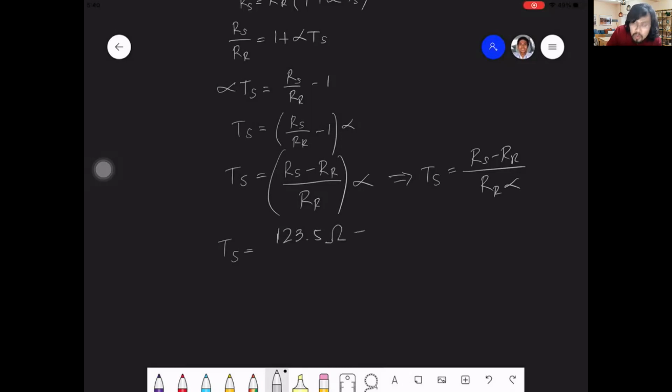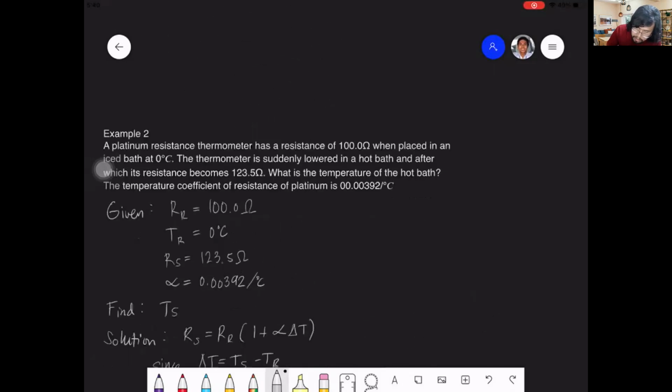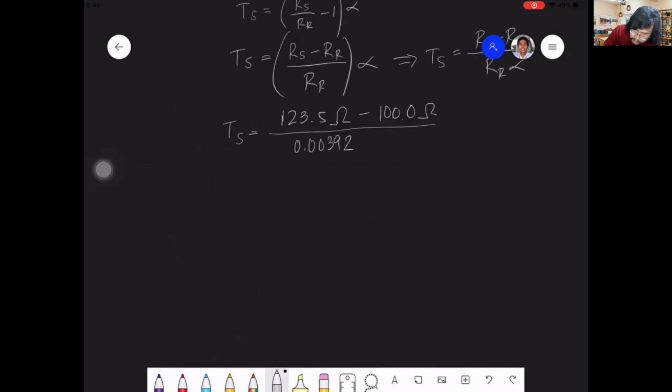And we minus 100 ohms all over 0.00392 per degree Celsius times 100 ohms. And solving, we get delta T sub S. This is 23.5 ohms